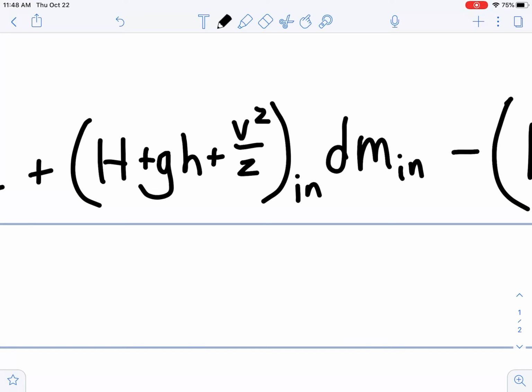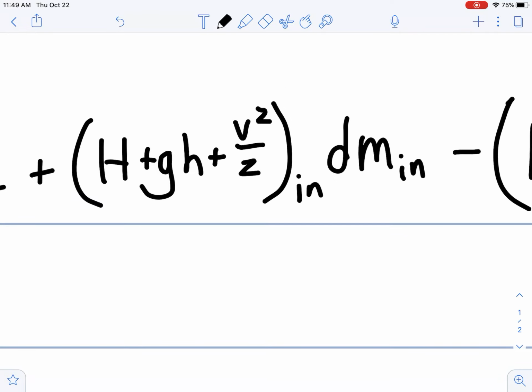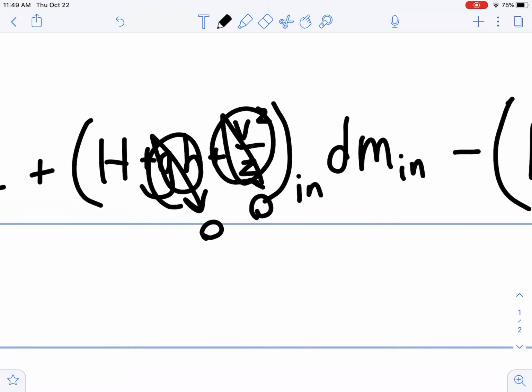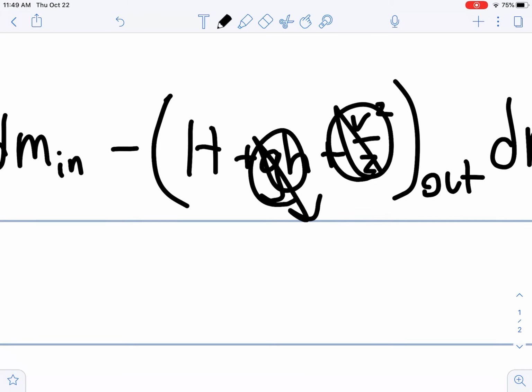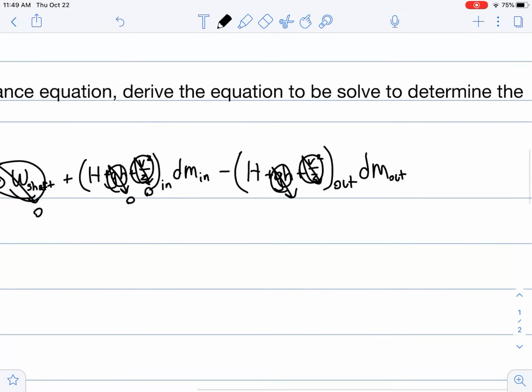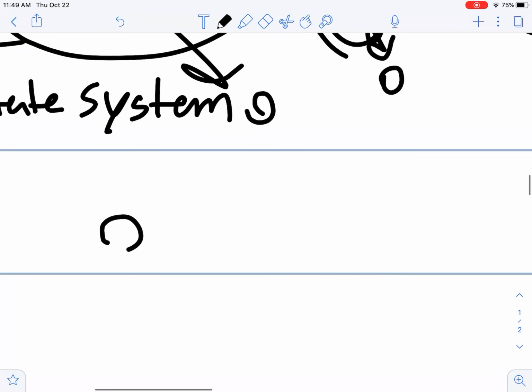And when we compare a flame, the changes in kinetic and potential energy, the potential energy doesn't change much because there isn't a big change in height. And the kinetic energy doesn't change much either. So we can say the kinetic and potential energies of all in and out equals zero. Just like that. And what we're left with is 0 equals H in dm in